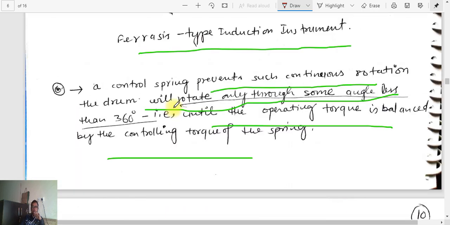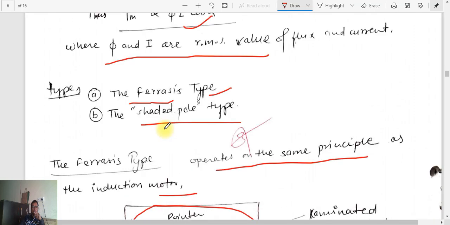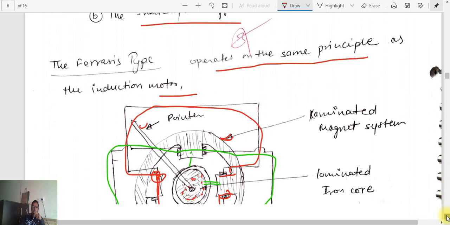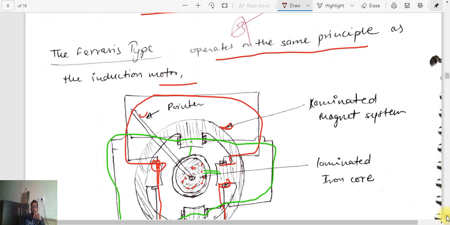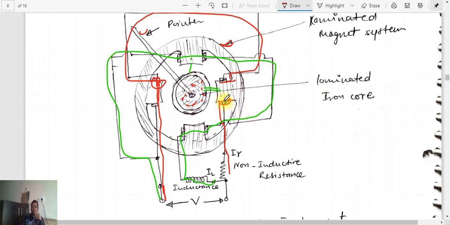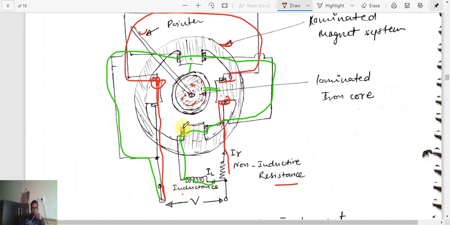In the last class, we discussed the theory of Ferraris type induction, which is used in the measuring instrument. There are two poles connected with non-inductive resistance, and two poles connected with an inductive coil,